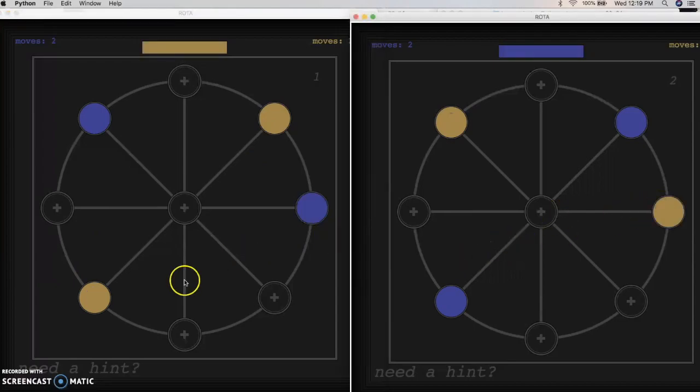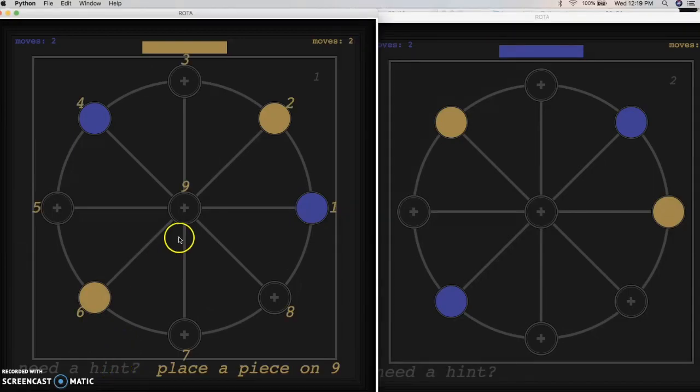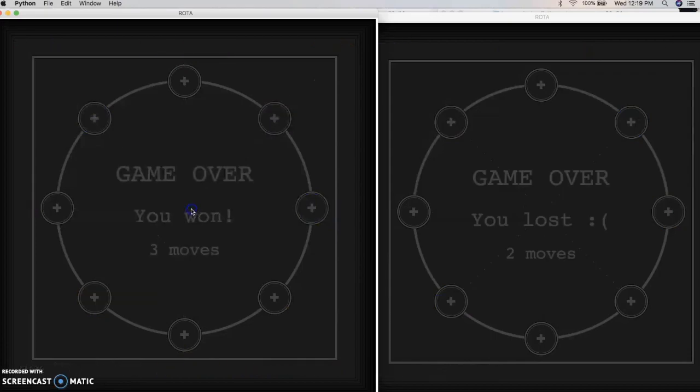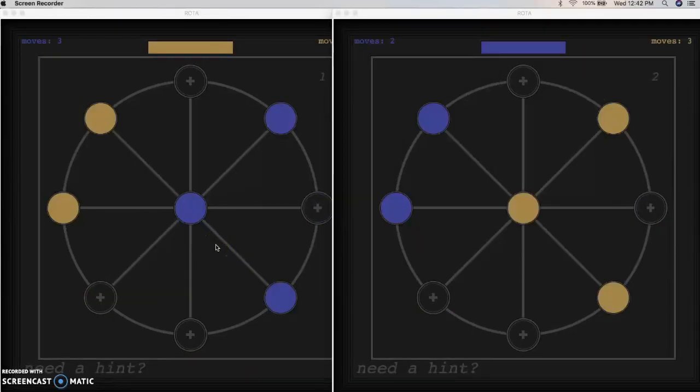Another thing that I do that's a little bit interesting is I allow my players to interact with the AI by just asking for a hint of what move to do. Now, you may be wondering what the number in this corner is, which leads me to explain a rather interesting